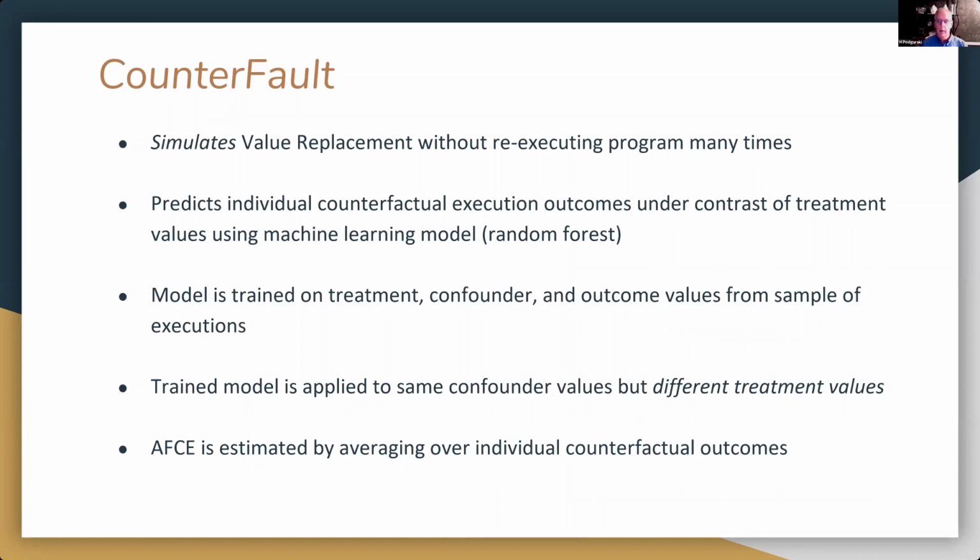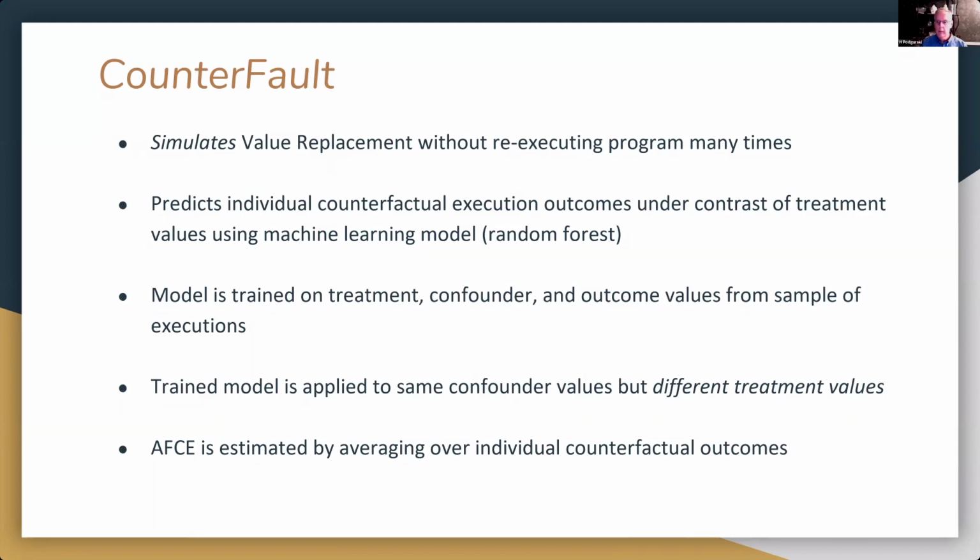Our CounterFault method simulates Jeffrey et al.'s value replacement method without re-executing the program many times. It does this by predicting individual counterfactual execution outcomes under a contrast of treatment values. The predictions are made with a machine learning model, in particular a random forest.